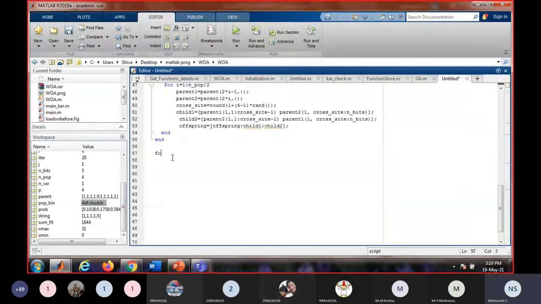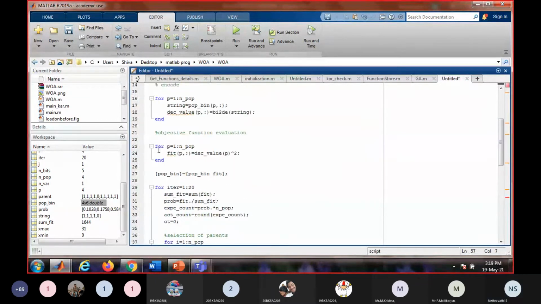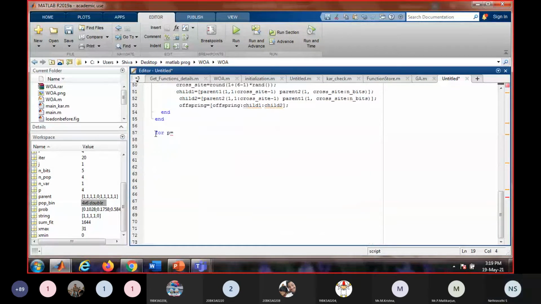Then what we have to do? We have to again evaluate the fitness. So for p is equal to, we can take the same, not this one, this one. To evaluate the fitness, we have to first convert it into decimal value, but it is not the population binary, but it is the offspring.